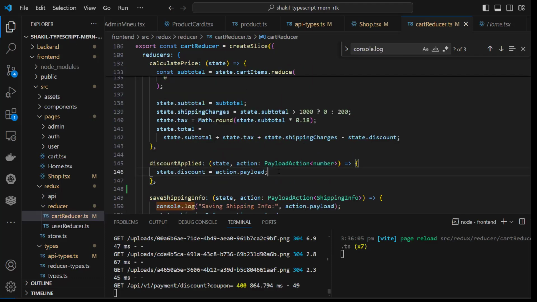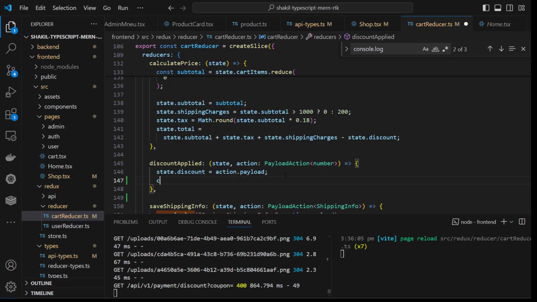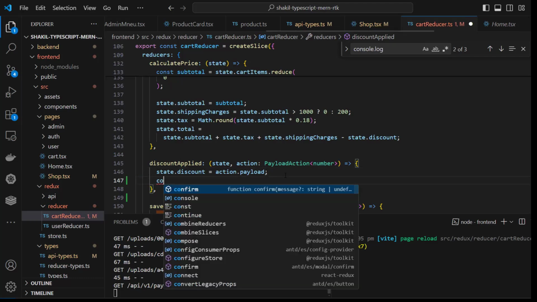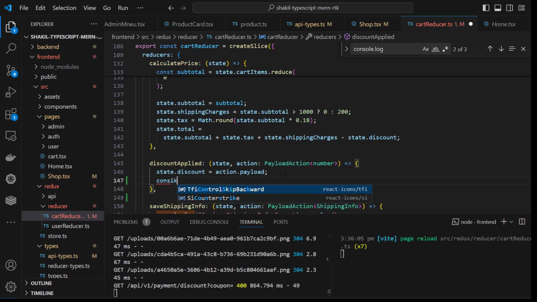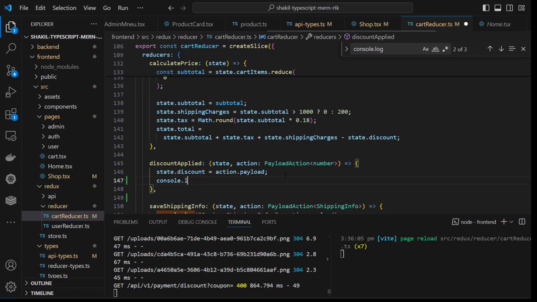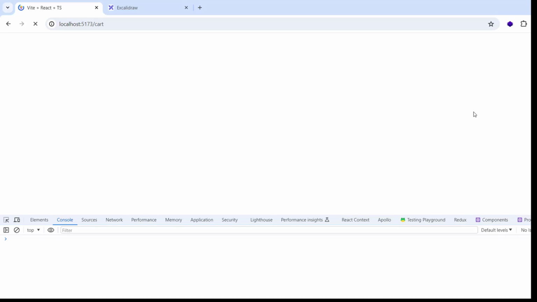Okay, so if you console log action.payload, say I'm showing you console.log action.payload. So if I apply coupon code,